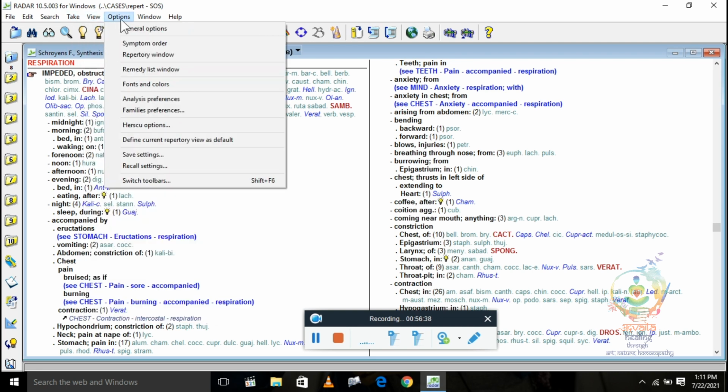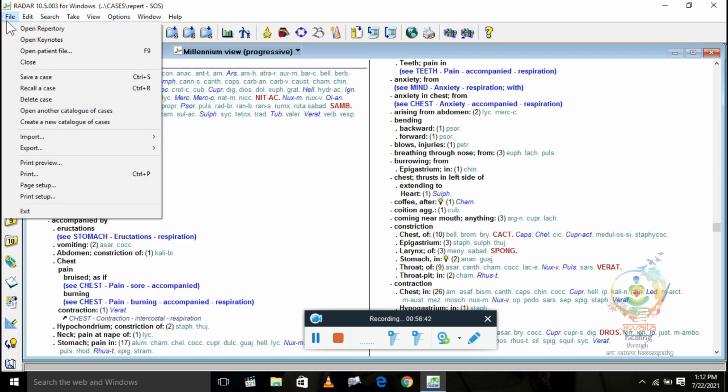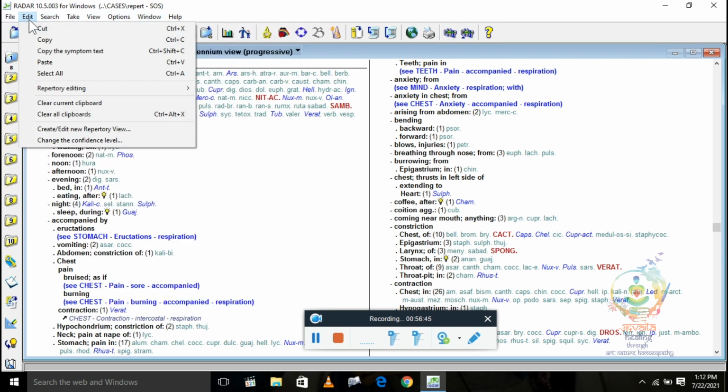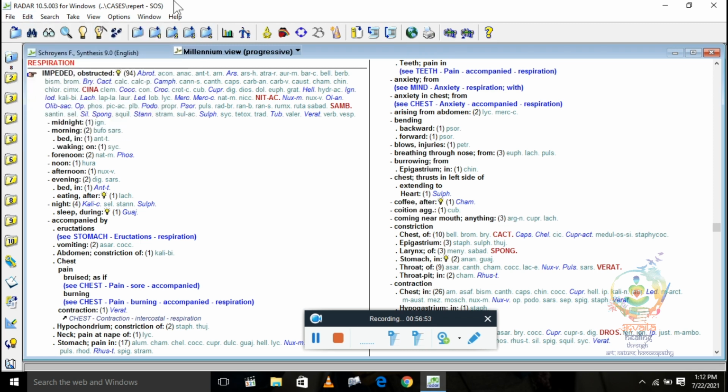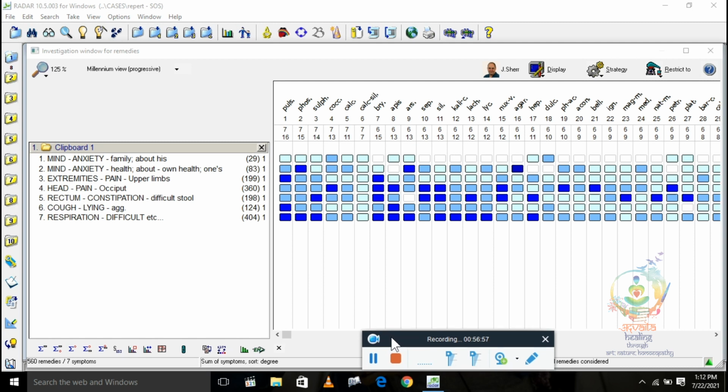So this is all about the features of Radar. I have shown you how to update Radar, how to analyze a case, how to record rubrics, how to analyze by family. That's all we have seen.